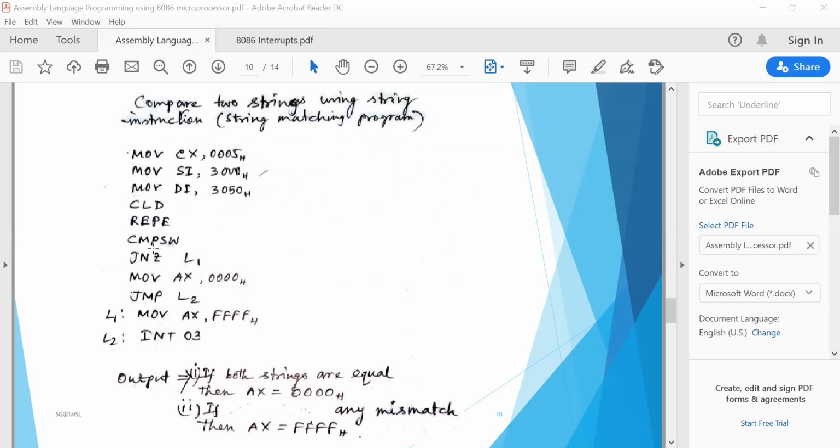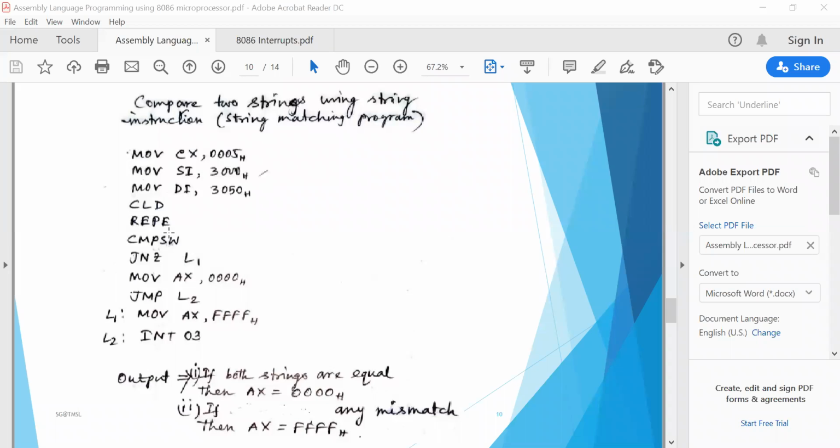If both strings are equal, meaning all the data bytes are equal, you need the zero flag set, and then you go to the instruction so that your output is shown as 0000. Clear? Then JMP L2 is given as the execution breakpoint, to stop your execution. Is it clear? So using these two string instructions, you can easily compare two strings of data bytes or data words.